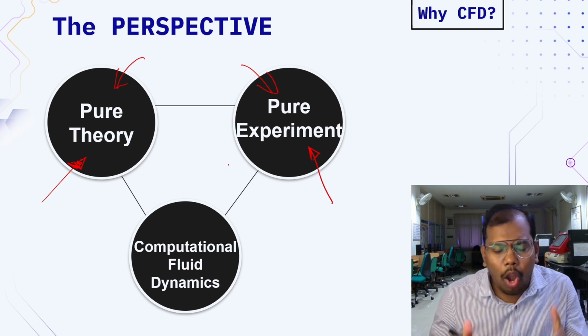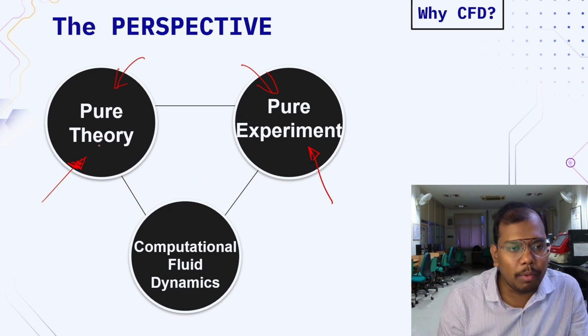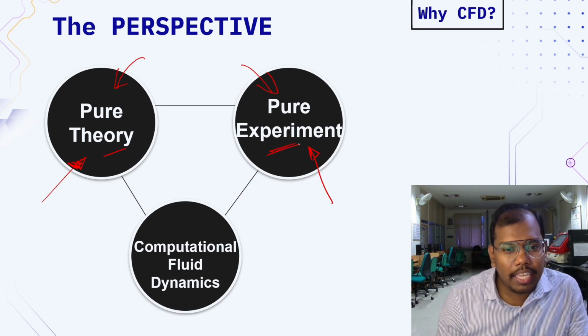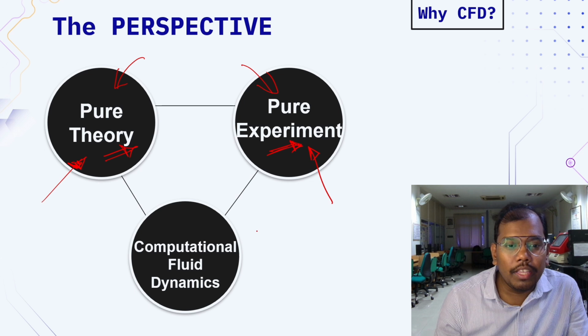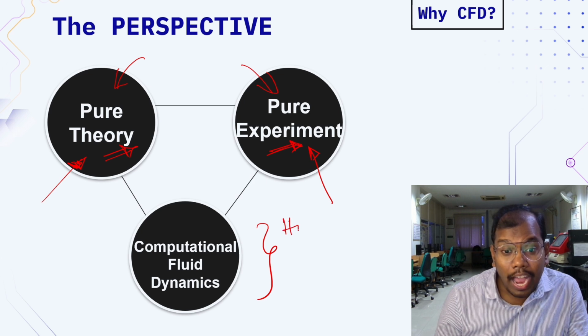So there was a lot of gap between the theory and the experiment, and this has been efficiently bridged with the advent of computational fluid dynamics. Essentially, after the advent of high power computing,